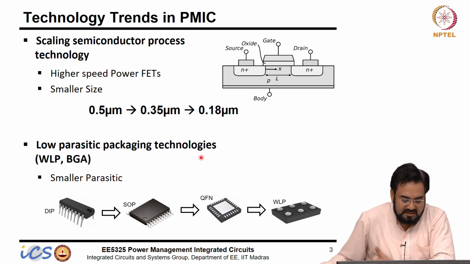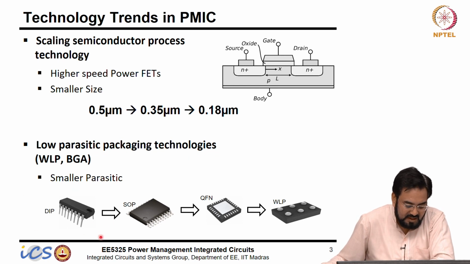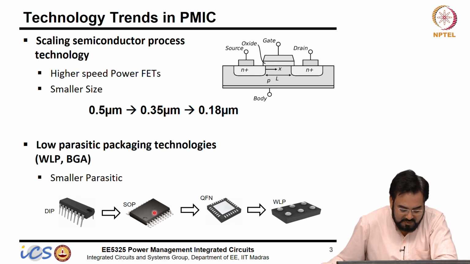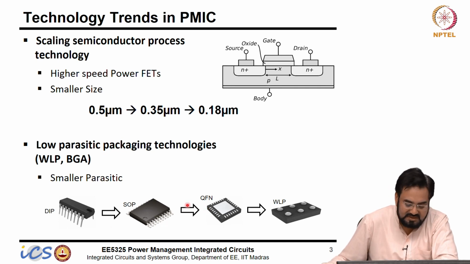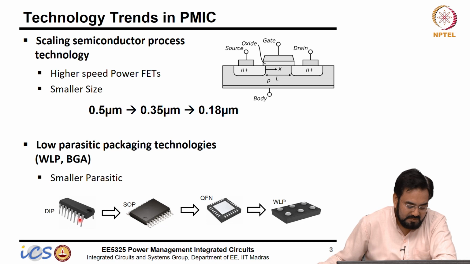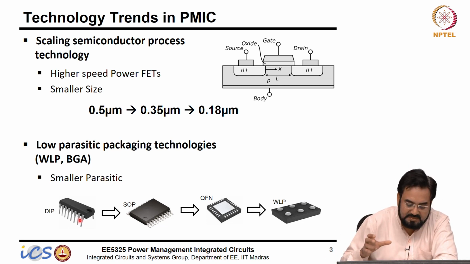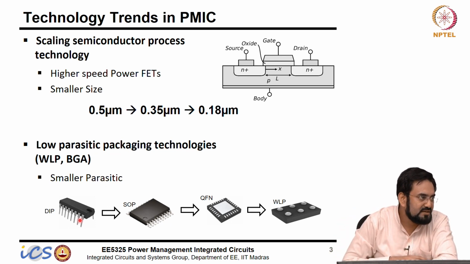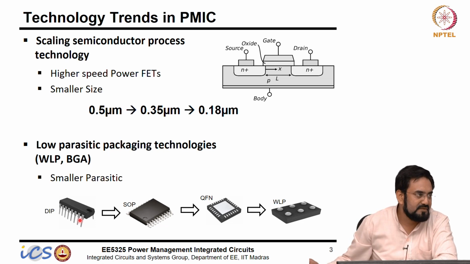So, low parasitic packaging technologies. In the old days, what you used on your breadboard is a DIP package. Then we have SOP and then QFN. As you move in this package order to the right hand side, you will see the parasitics reduce, because the package parasitics is mostly driven by how the lead frame is done and how the pins are arranged. The bigger the package, the more parasitic: the package is bigger and your die size is much smaller, so you have to use a longer bond wire to connect your pads to the pin.